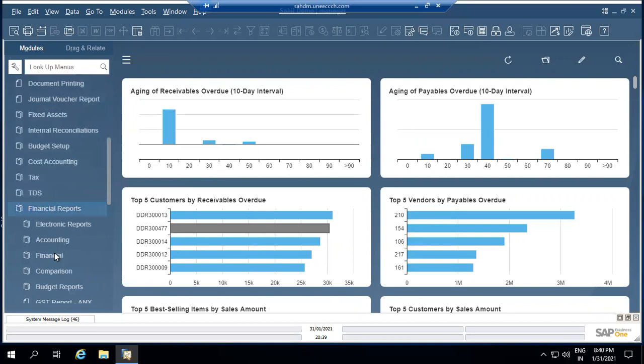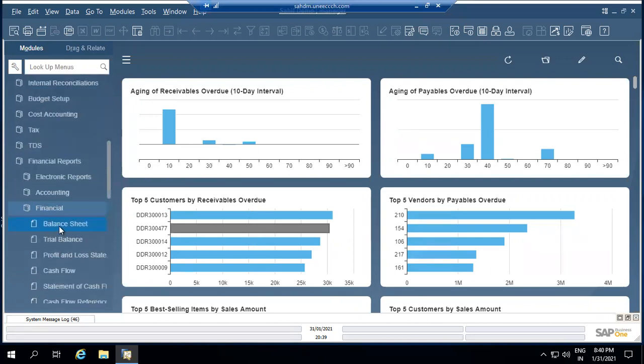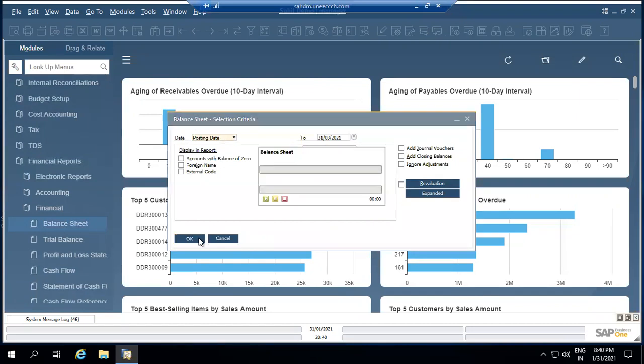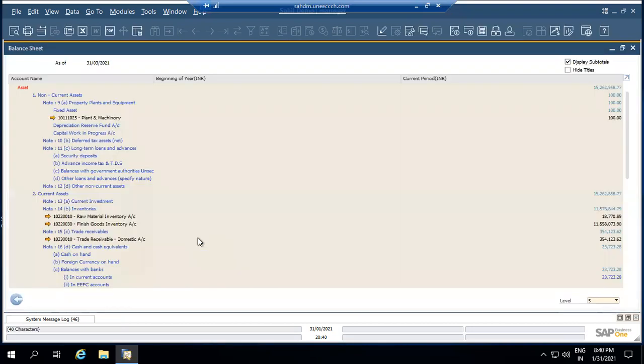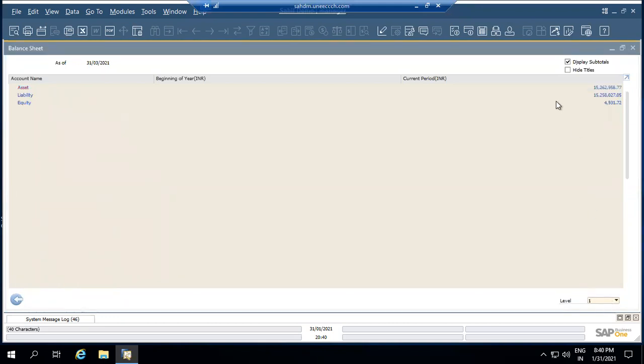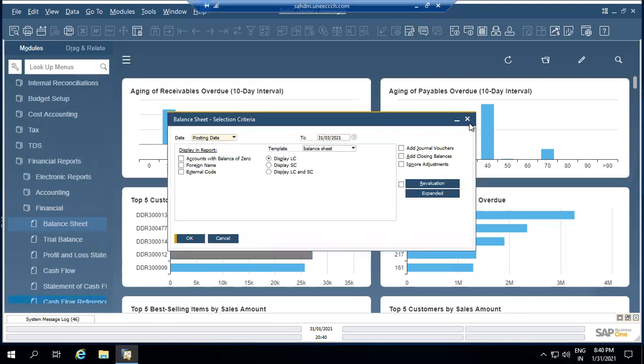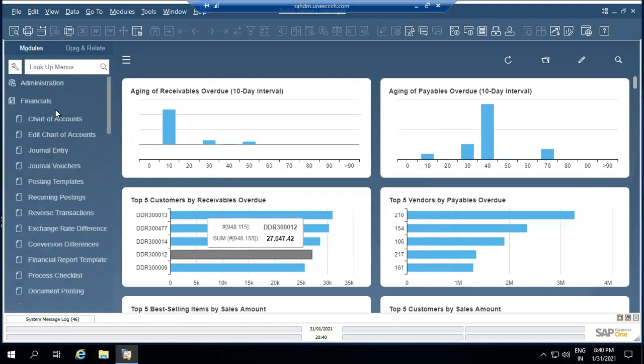To show you one report here, I will open the balance sheet. So you can see here the balance sheet is also coming here. I can change the level as per my chart of account design. So on level 1, these are the balances and so on. So this is my financial module.